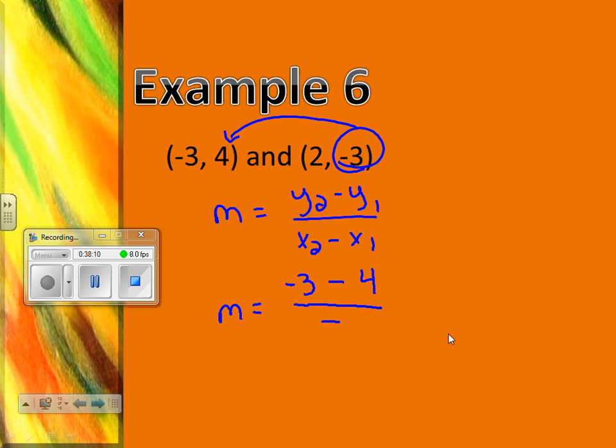Yeah. Make sure you put the y's in first. Now, if I started with -3 on the top, what do I have to start with on the bottom? The 2. You got to start with the same point. It will not work out right if you don't. So if I start with the 2, then that means I'm going to be subtracting